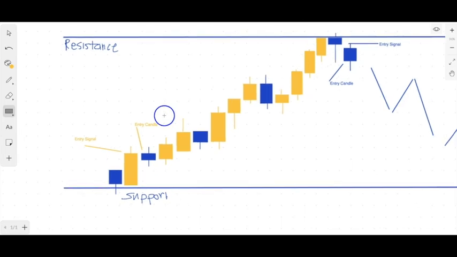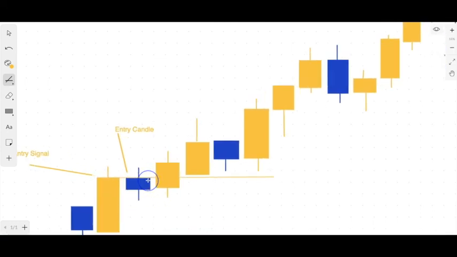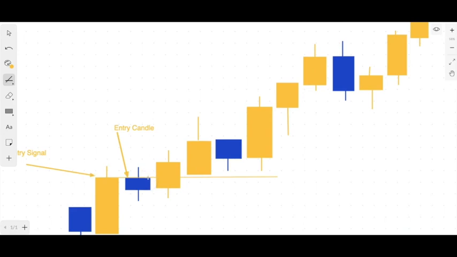During the day, it gave us a reason to go up, and so it could have looked, and this is going to look a little weird. However, it was like that at one point, and so because of that, we had an indication that this market was going to continue up, and so we placed our entry, right? And typically, the closer to the close, the better, right? The close of the entry signal. Sometimes, to be cautious, I'll say, or to be conservative, some traders like to wait until the